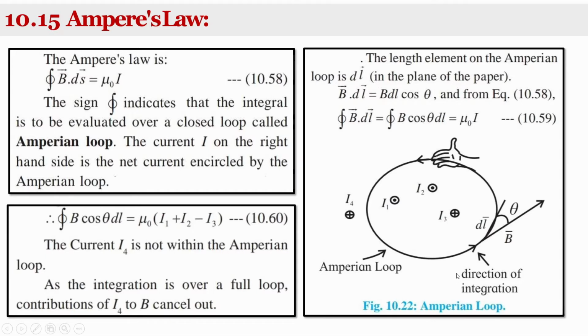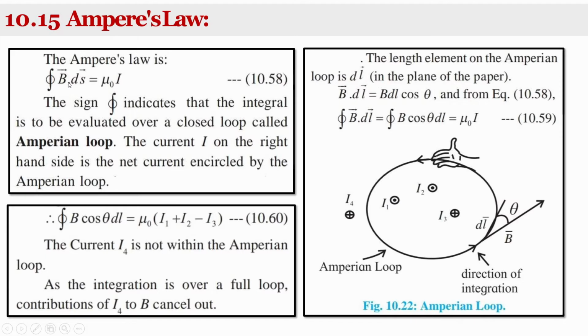For the distribution of current as shown in this figure, the currents I1 and I2 are coming out of the paper, meaning they are parallel to the stretched thumb. The current I3 is going into the plane of the paper, which means it is negative. So, according to Ampere's law, its formula is